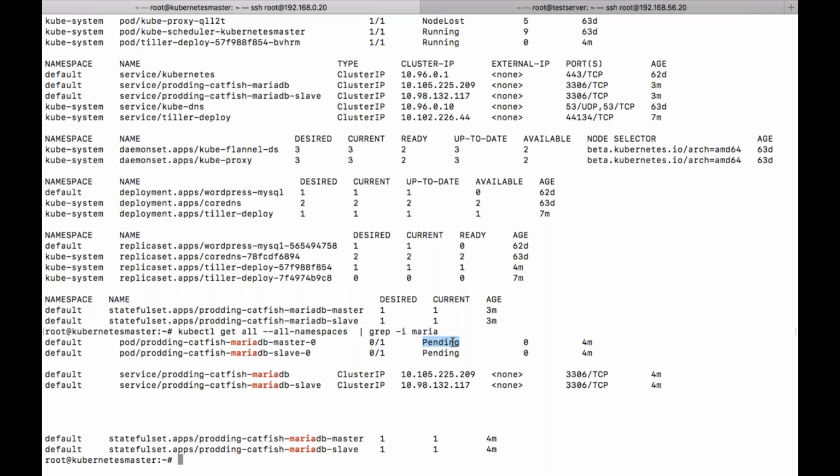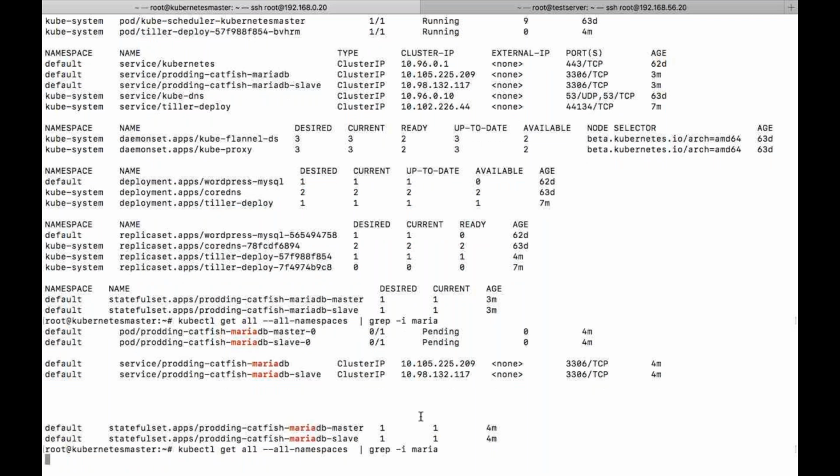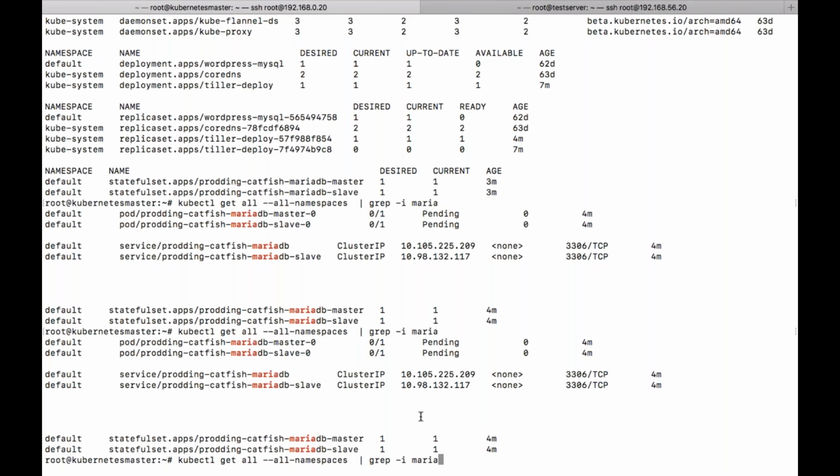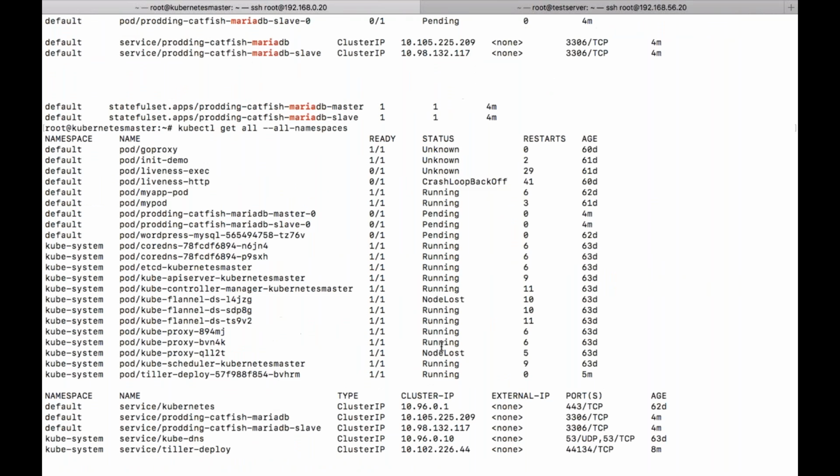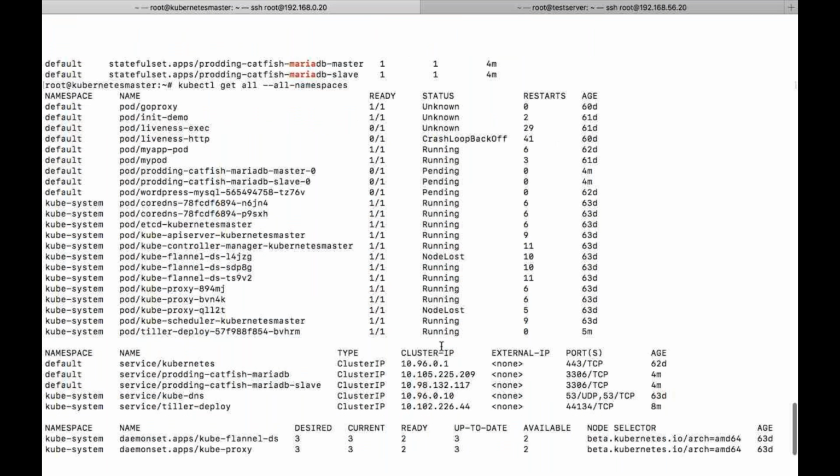Pod is still under creation process. Okay, so this is how we need to use Helm charts in order to deploy something.